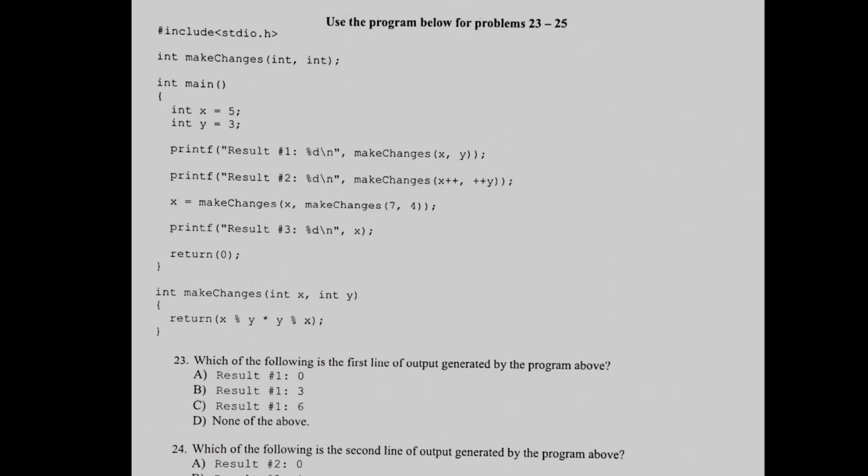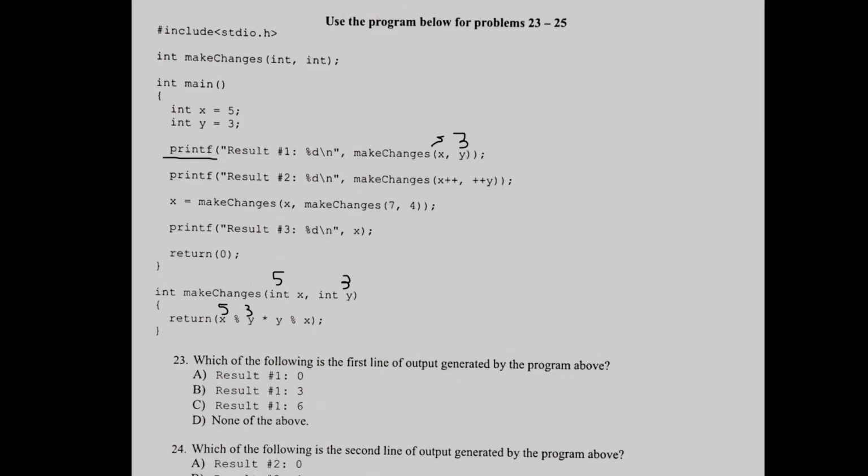Which of the following is the first line of output generated by the program above? So we're looking for the result of this first printf statement, which is calling make changes. We have set x to 5 and 3, so we're going to be passing 5 and 3. It's kind of a bad 5, but whatever. So passing 5 and 3 to make changes, we have